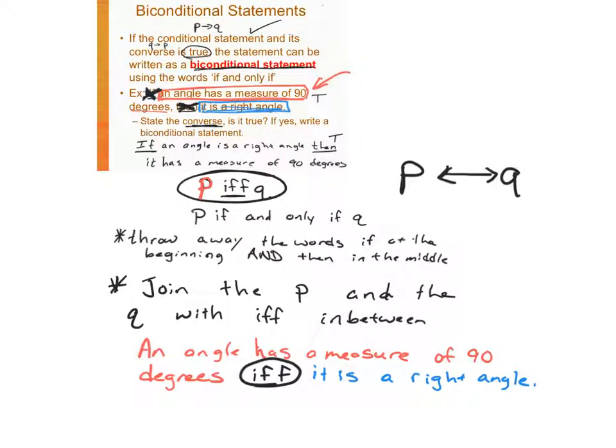A lot of people's brains get frazzled on this because the homework, the quiz, and the test are going to ask you about conditional statements. It's going to ask you about the converse, the inverse, and the contrapositive. You're also going to be asked to make biconditional statements. There's not much you can do with these lessons if you don't know those definitions, so make sure you've got something to differentiate these.